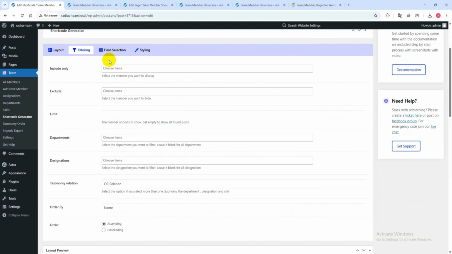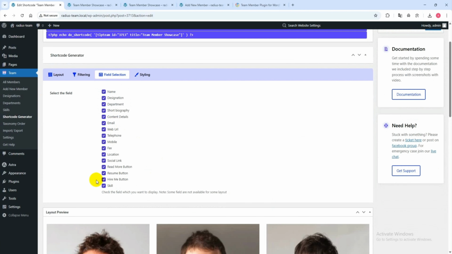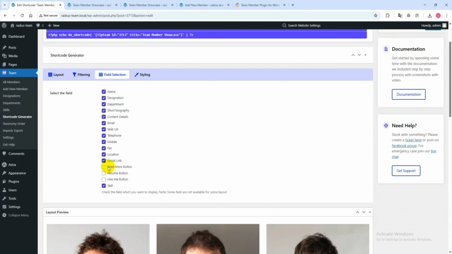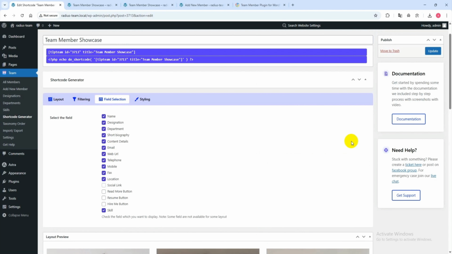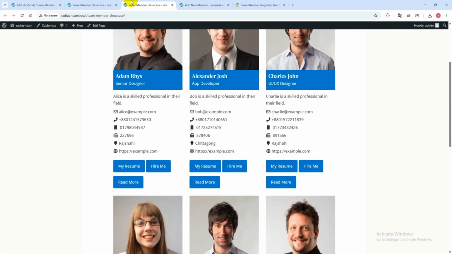Next, go to the field selection, and here you will get various field selection options by enabling and disabling to display or hide in the listings. For example, if you disable Hire Me button, Resume button, Read More button, Social Link, and the other options, then when you go to the page and pay close attention, it will become